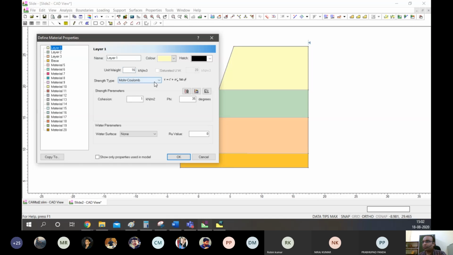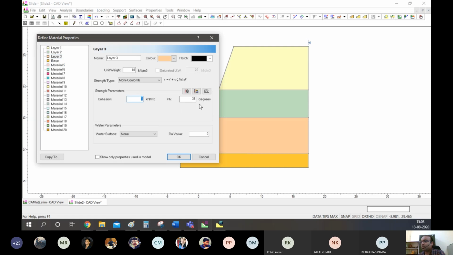Now, what type of failure criteria do you want to put? Obviously, Mohr-Coulomb failure criteria is one. There are others as well, but for now, let's assume these as homogeneous. Cohesion and friction will be different for different rocks, so let's put different values here.